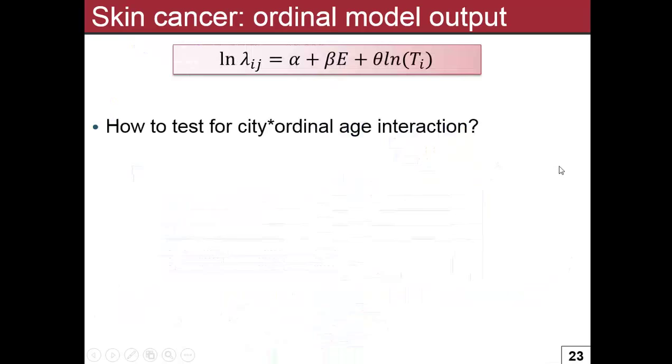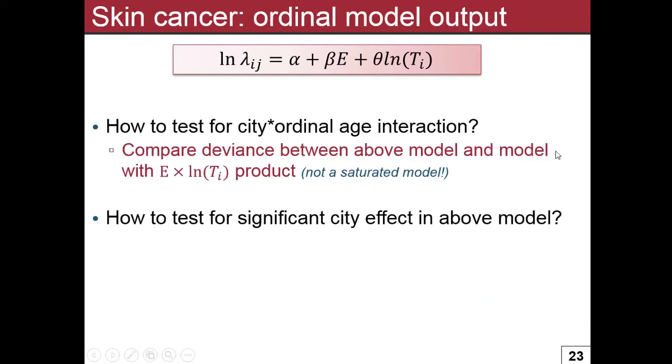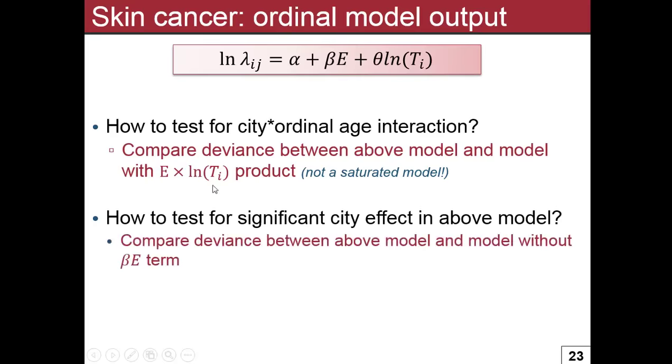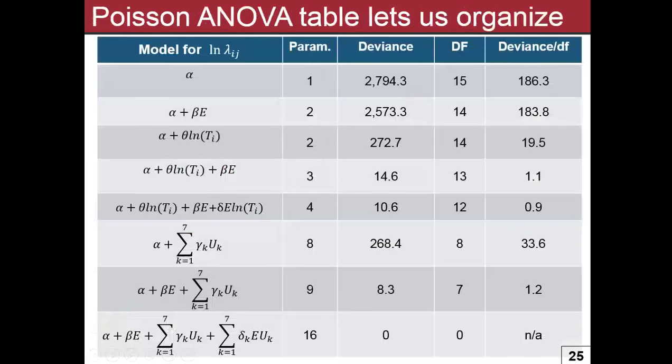So again, just like we tested age before, we can look at a model. We tested age by city interaction before. We can test that again in this model by having beta, the EW term, that's exposure times log of t, and we can again test the deviance between this model and the model that had that product term. And actually, I'll just jump to here. We can do that by running the models and just lining them up here